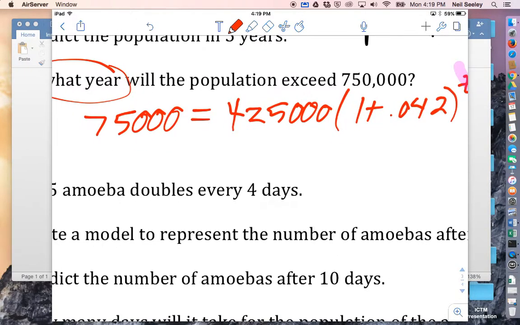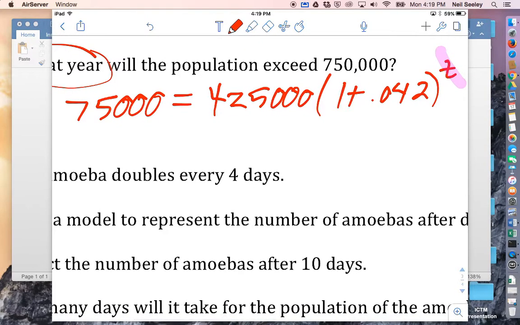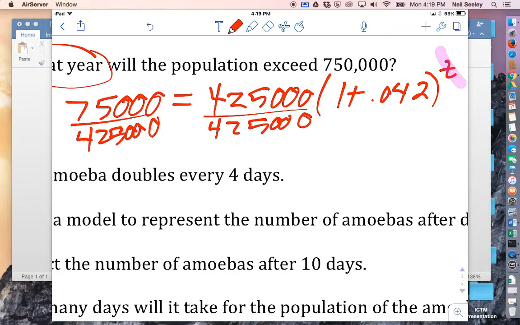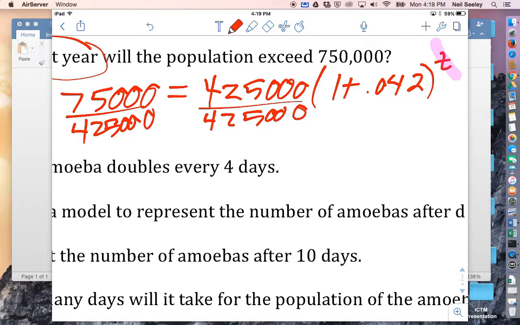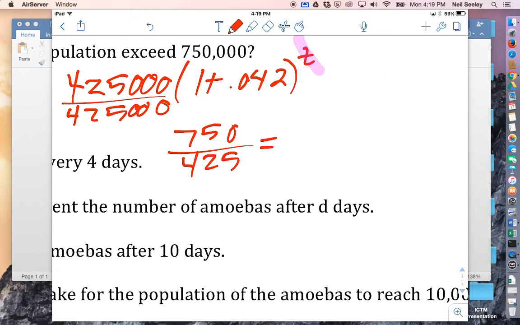So as I keep after this, you remember I need to isolate the exponential is what I need to do. Okay, so we take and divide both sides by 425,000. Take that, divide it away, 425. Divided by 425,000. Got it. Cancel those things as best you can. And what I end up with is 750, if I want to cancel some zeros because I like to, for 425 is equal to 1.042